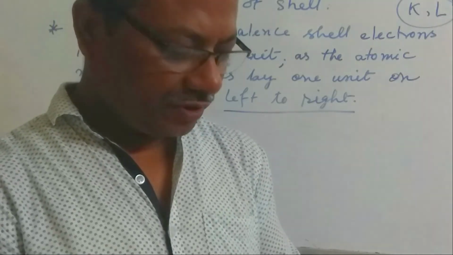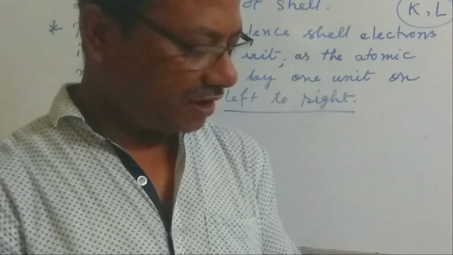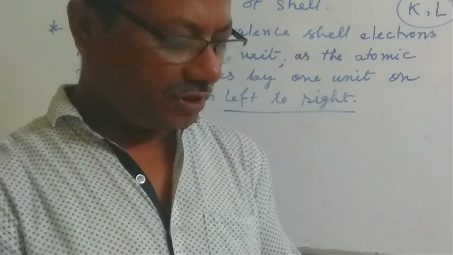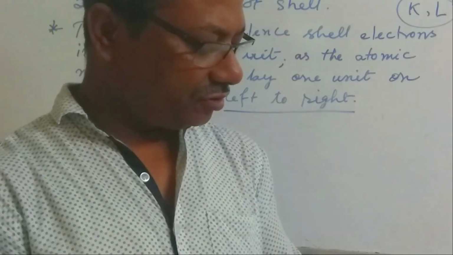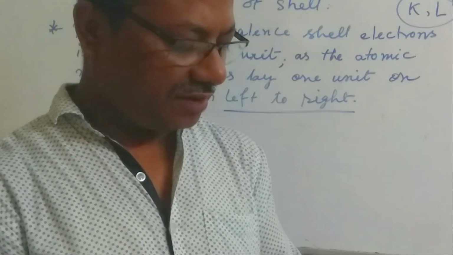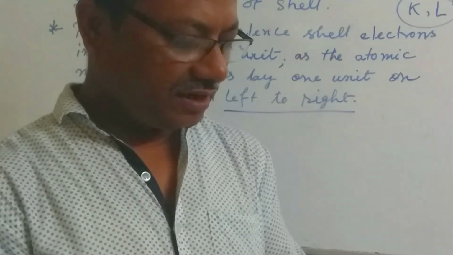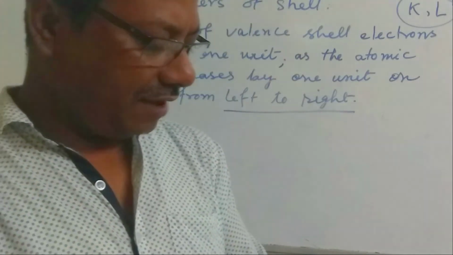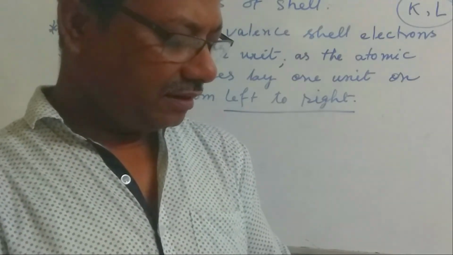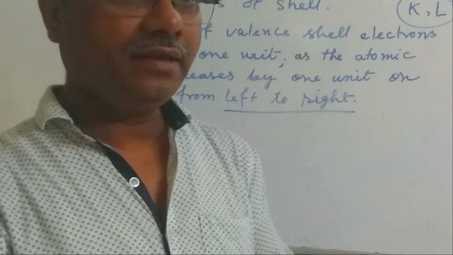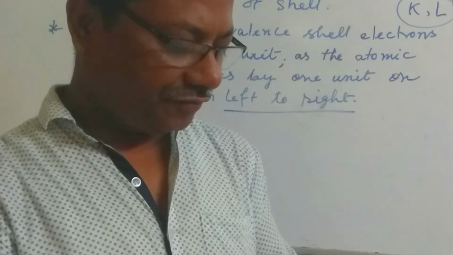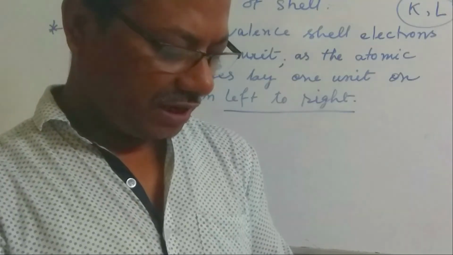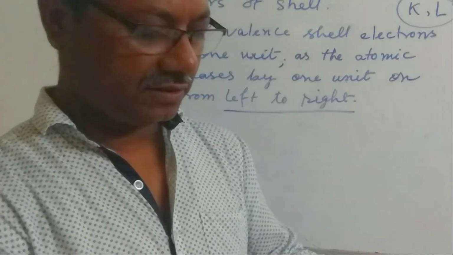Sodium, magnesium, aluminum, silicon, phosphorus, sulfur, chlorine and argon belong to the third period of the modern periodic table, since the electrons in the atoms of these elements are filled in K, L and M shells. So I have given you homework: like I wrote the electronic configuration of second period, you write the electronic configuration of the third period elements.